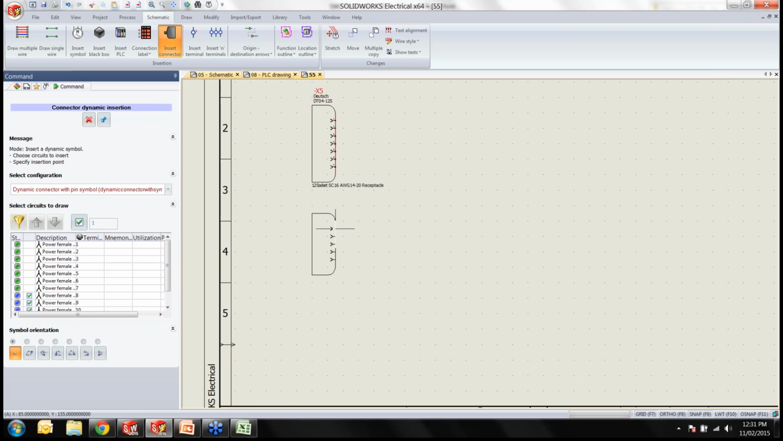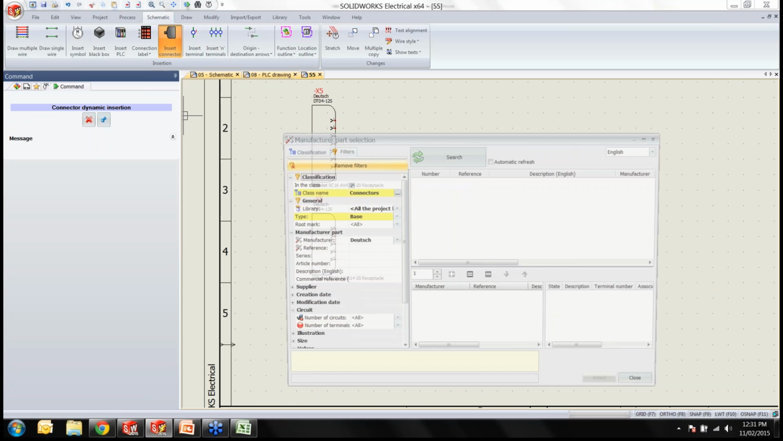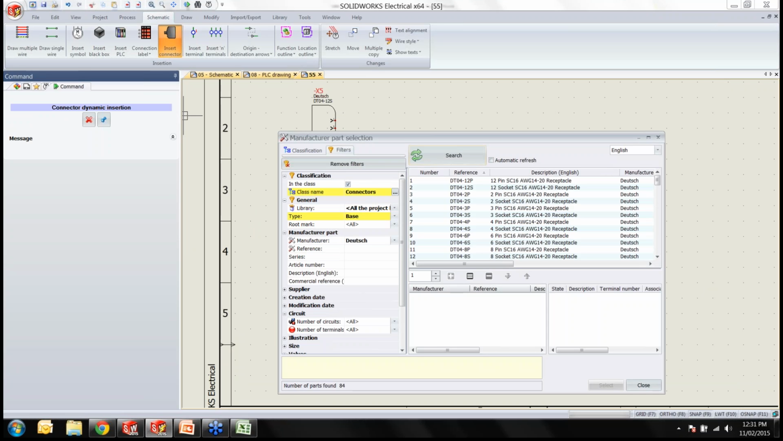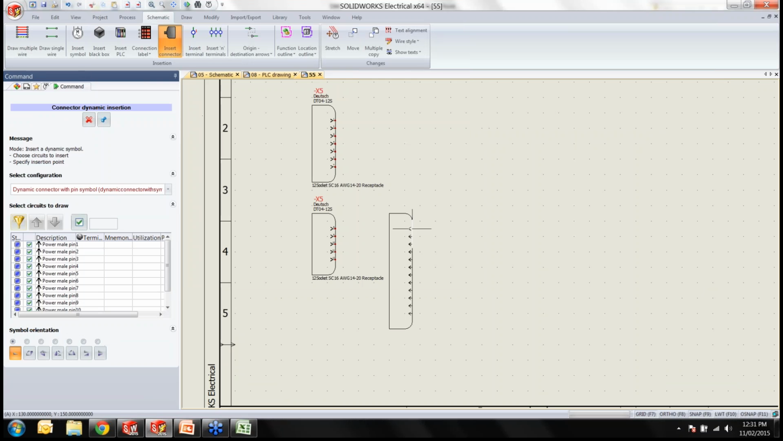And I can then draw the other 4 pins on any other page that I want to, for example, directly below there, part of the same connector. Now, insert connector again, create a new one. This time I'll pick up a pin instead of sockets. Okay. And obviously change the